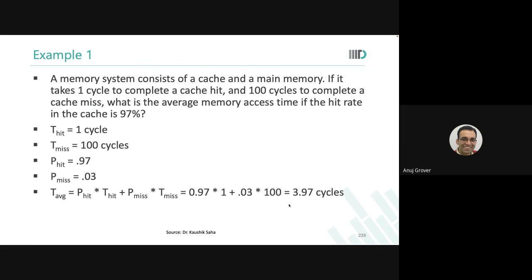T hit can be different for different levels of cache. L1 cache के लिए T hit will be 1 cycle. यहाँ पे अभी जैसे आप देखो हमने L2 cache रखा ही नहीं, तो मेन मेमोरी रखा. मेन मेमोरी को एक्सेस करने के लिए 100 cycles लग रही हैं. It can happen that L2 cache के लिए आप कहो कि T hit is 8 cycles.